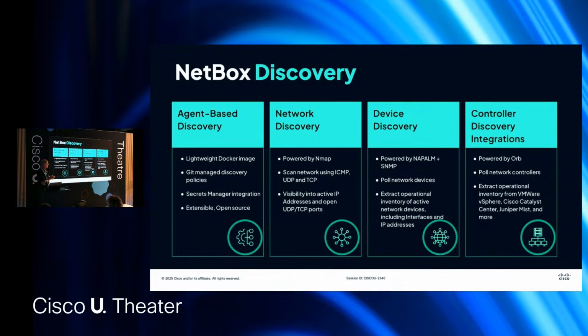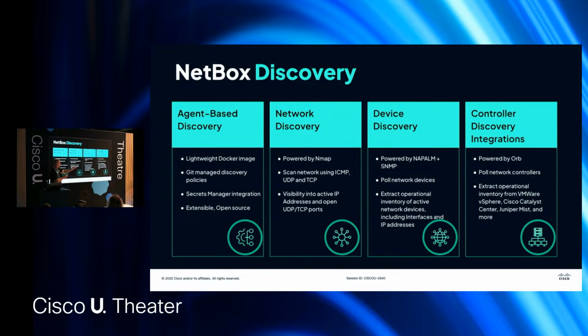And we can also then do device discovery as well. So device discovery is actually powered underneath the hood by Napalm or SNMP or both. You can enable both. So basically, we're going to talk to your network infrastructure, pull in all the data that we can programmatically from these devices, and then use that to populate NetBox, and then track the deviations between what was already in NetBox versus the actual state of the network.